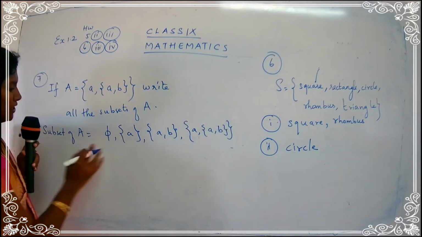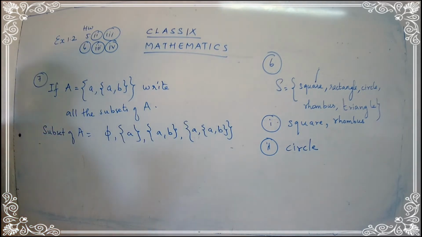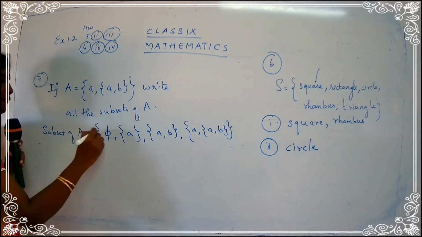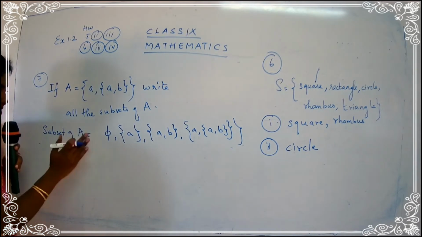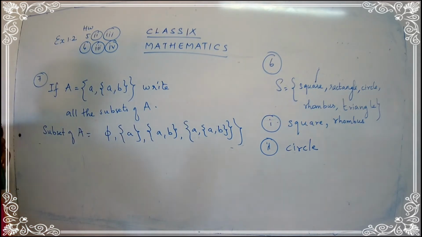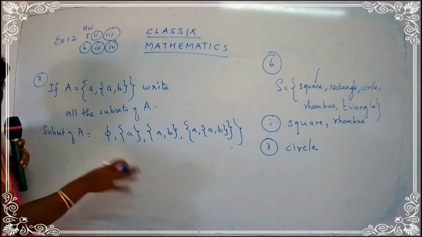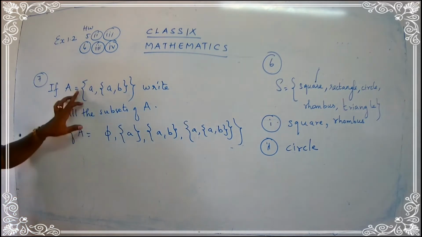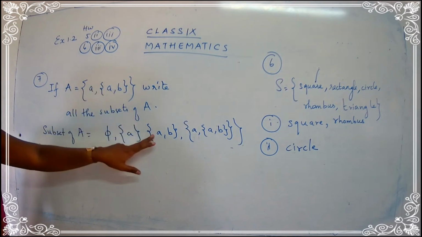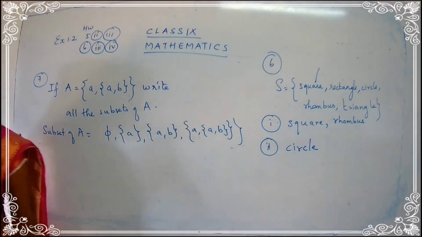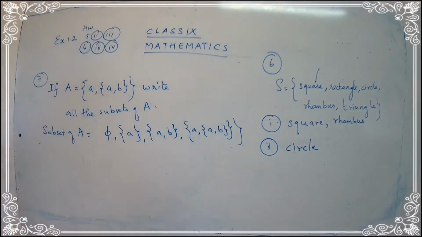So just put here empty, A, B and AB. And when the question is for a power set, you have to put a bracket. So just understand the question clearly, children. If you have a subset, no need to put a bracket. If you have a power set, you have to put a bracket. So just write the subset. First one is empty, next one is A, next one is B, and the next thing is write the whole set together, AB.